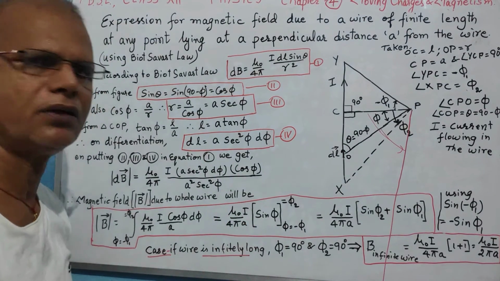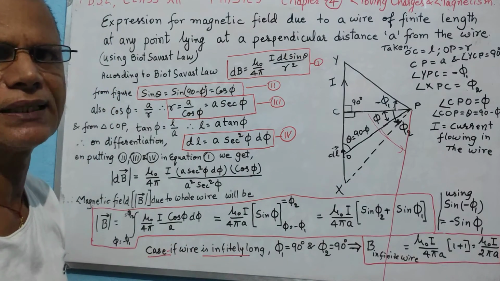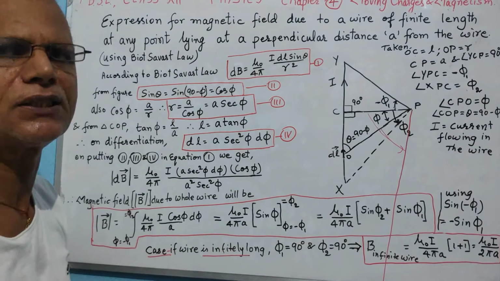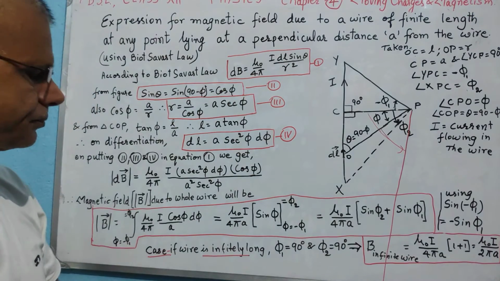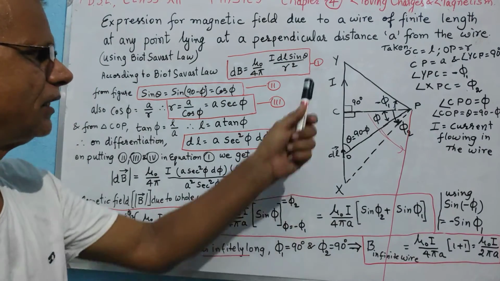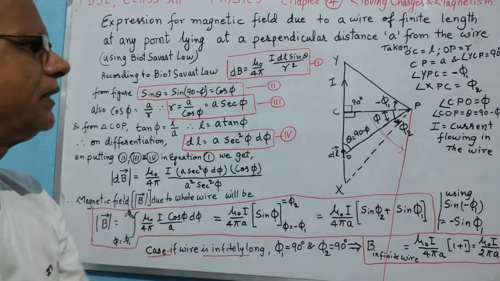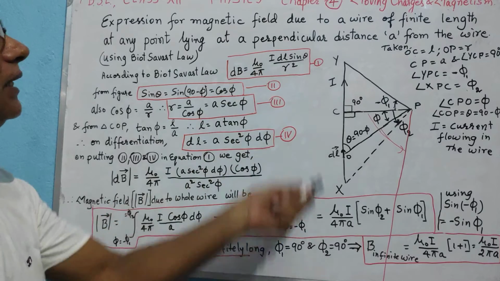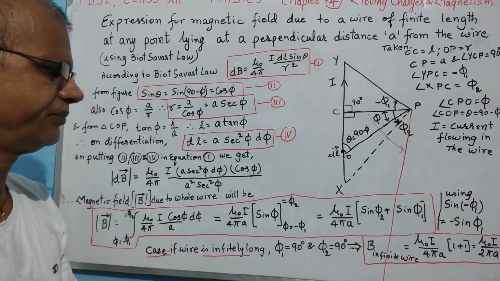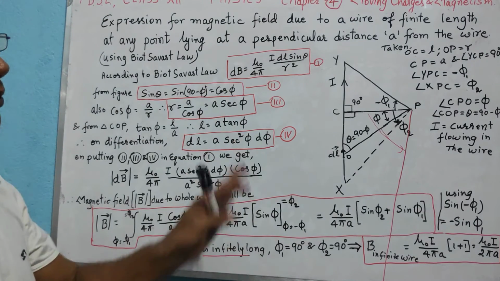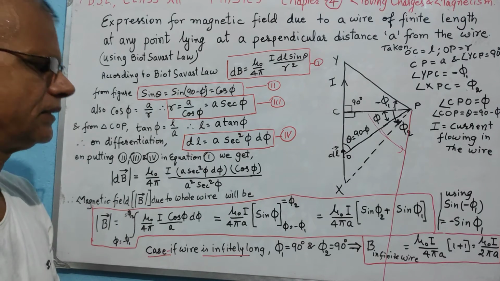Now recall, we have already derived this expression, magnetic field due to an infinitely long wire, using the Ampere circuital law. So you can see that the magnetic field due to a finite wire as well as magnetic field due to an infinite wire, both can be derived from this same single approach. However, it is a bit mathematical. You can feel comfortable because two topics may merge into one topic. So that is the benefit over here.